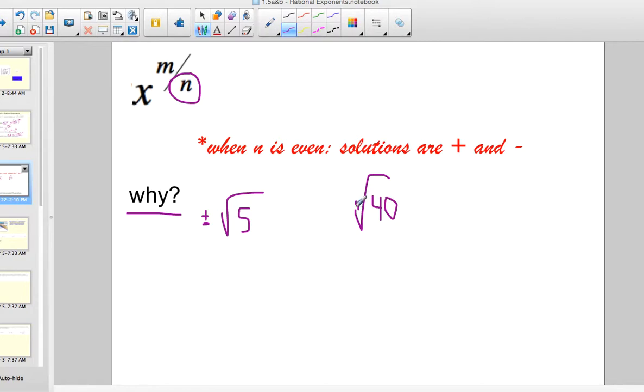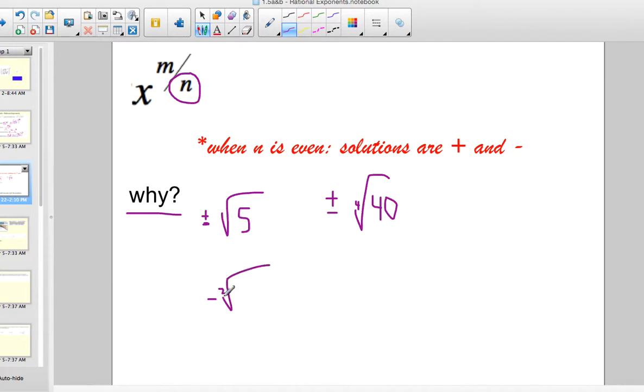If you multiply a negative number 4 times, it's still back to positive, so that just means if you take a fourth root, or a square root, or a sixth root, any even root, you have to account for plus and minus. Odd roots, like if you had a negative